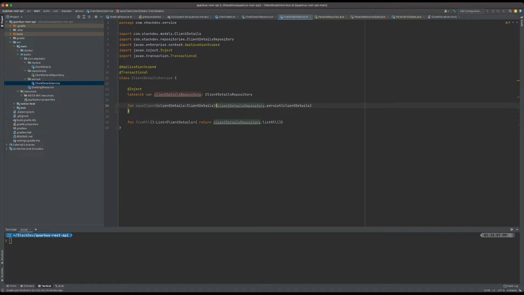We simply want to return a list of users, of client details. So we can simply do this. So that's it. So the next method that I need to do, let's say I want to say find